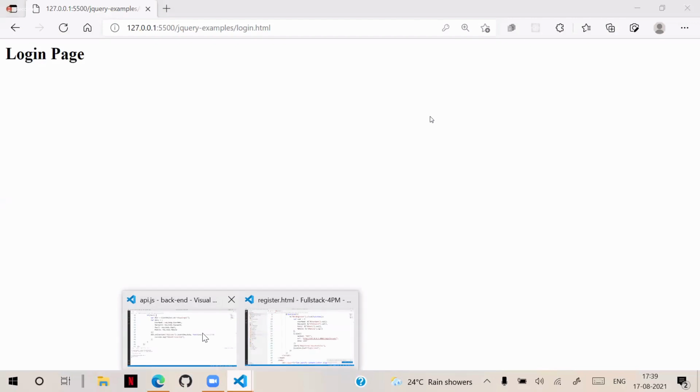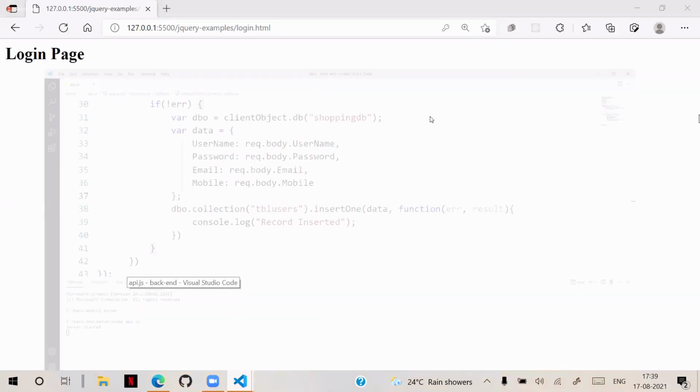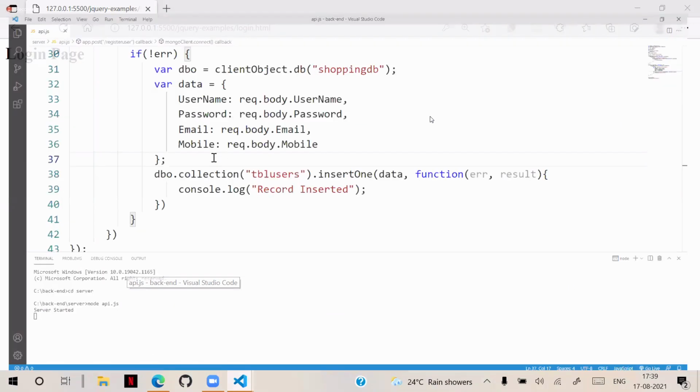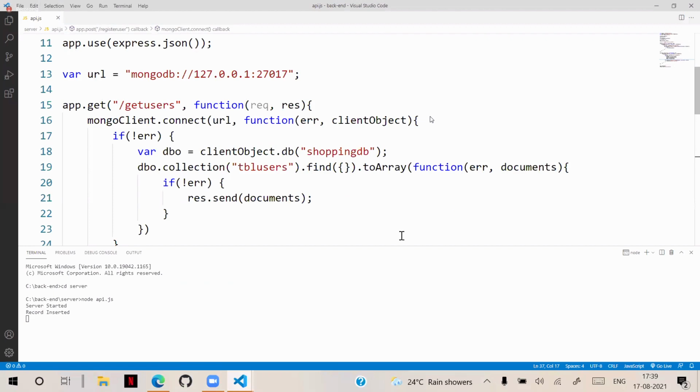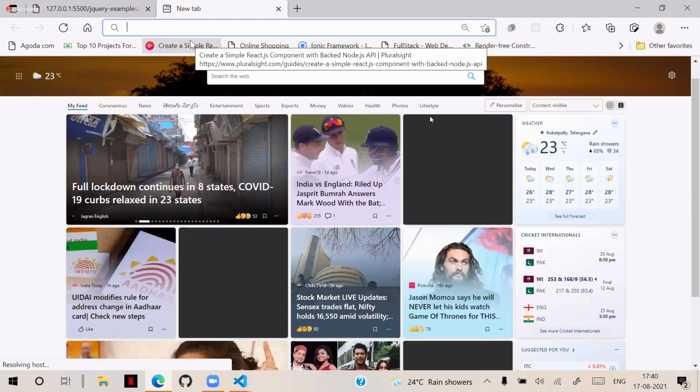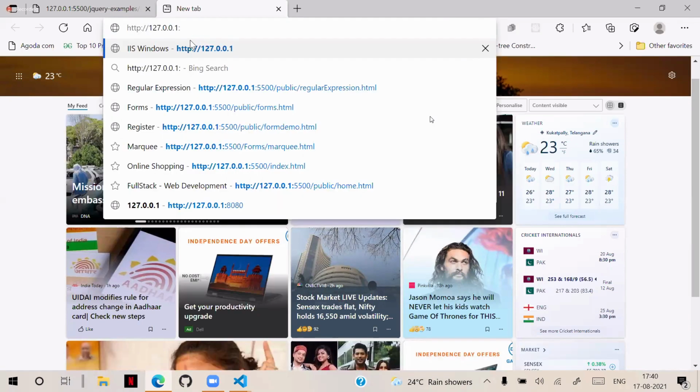Let's go to the API. In the API, we have a method called getUsers. This getUsers will get all the users. Let's test it separately. http://127.0.0.1:8080/getUsers.